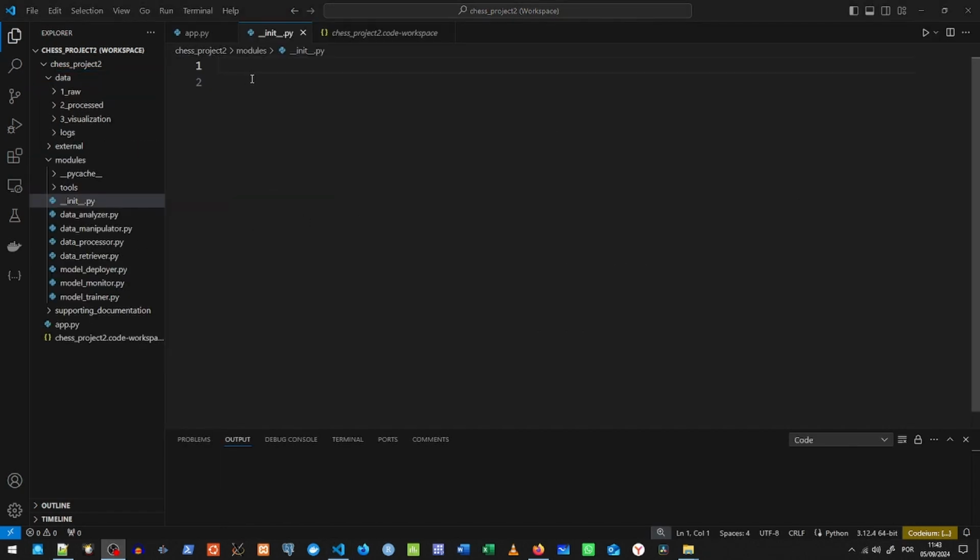Alright everybody, moving on to the init file. The init file is a special Python file used to mark a directory as a Python package. So in our specific example, we are inside of modules, so it's a good practice to do this in comments. So our init file